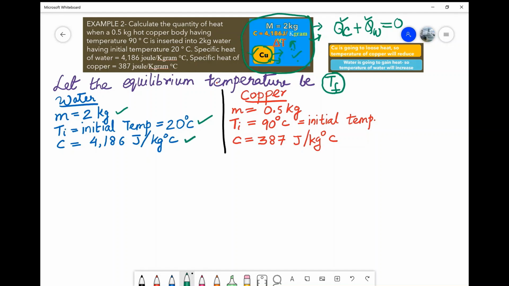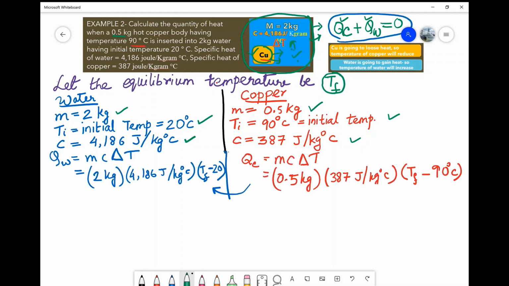Similarly for the copper, the question gives 0.5 kilogram, an initial temperature of 90 degrees Celsius, and the specific heat of copper is provided. So here we can write, since QC plus QW is equal to 0, we know already QC plus QW is equal to 0, we can write